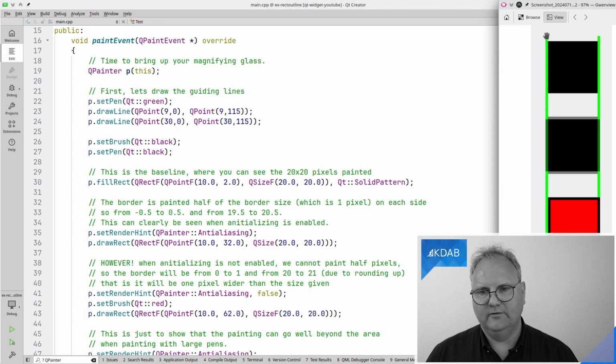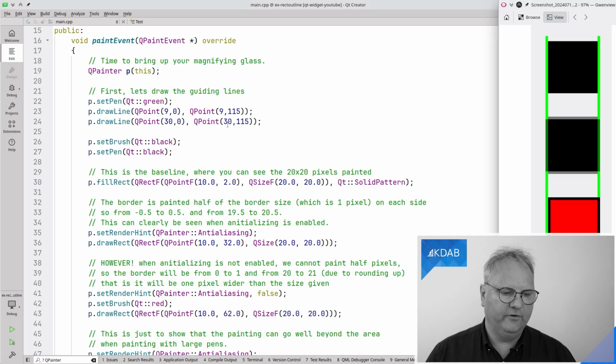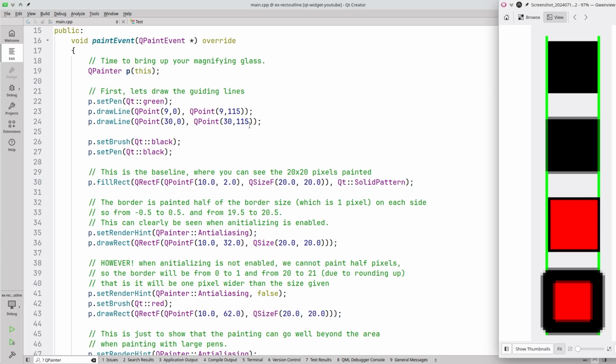So the left edge of the green is column 9 and the right edge of the green is column 10, just so that you know that this whole column is starting at column 9 to column 10, or it's all column 9, depending on how you like to think of it. Similarly, I do from 30,0 to 30,115. That's just to get the green line all the way down. You can see just at the bottom here, there's a wee little bit of green that sticks out.